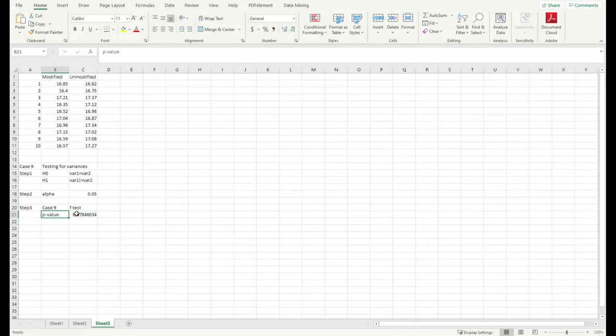Then it returns to us a p-value. And if we do step 4, we can say that since the p-value is greater than alpha, then we accept H naught, or fail to reject H naught, no? But let's just use accept. So if we accept H naught, then for step 5, we can say the variances are